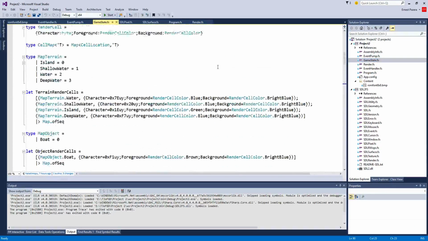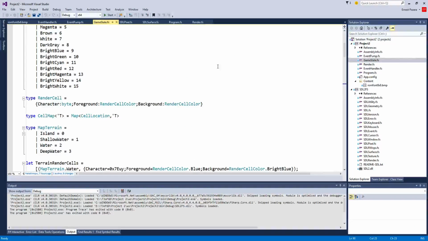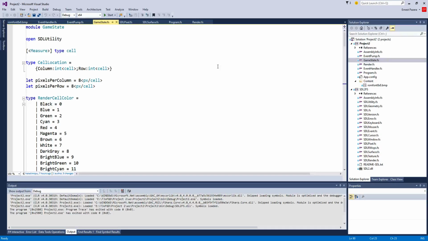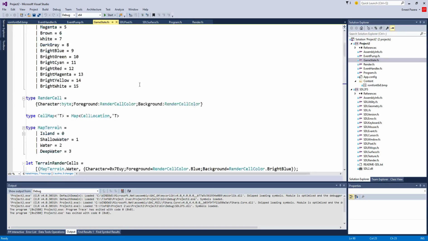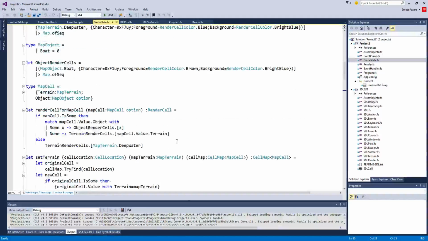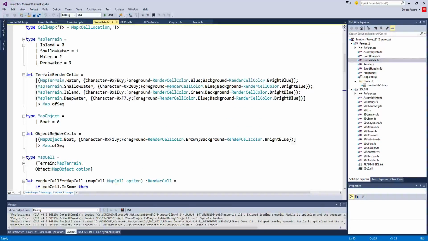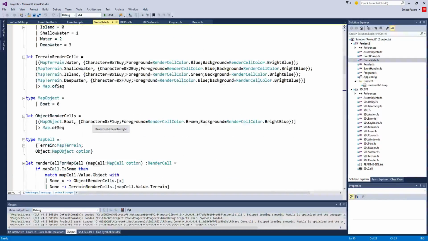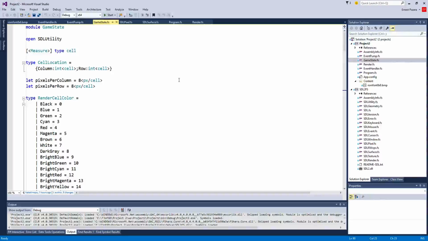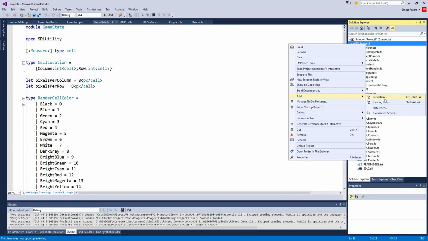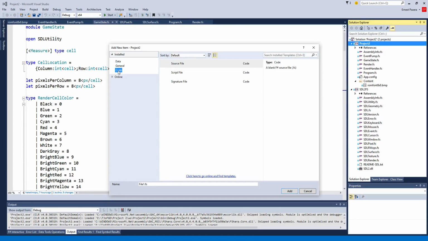Let's go to game state, and at the moment this is becoming a mess, so we need to split it up a bit. So map objects, object render cells. I think what I need here is some cell location stuff, add new item, and we will just call it